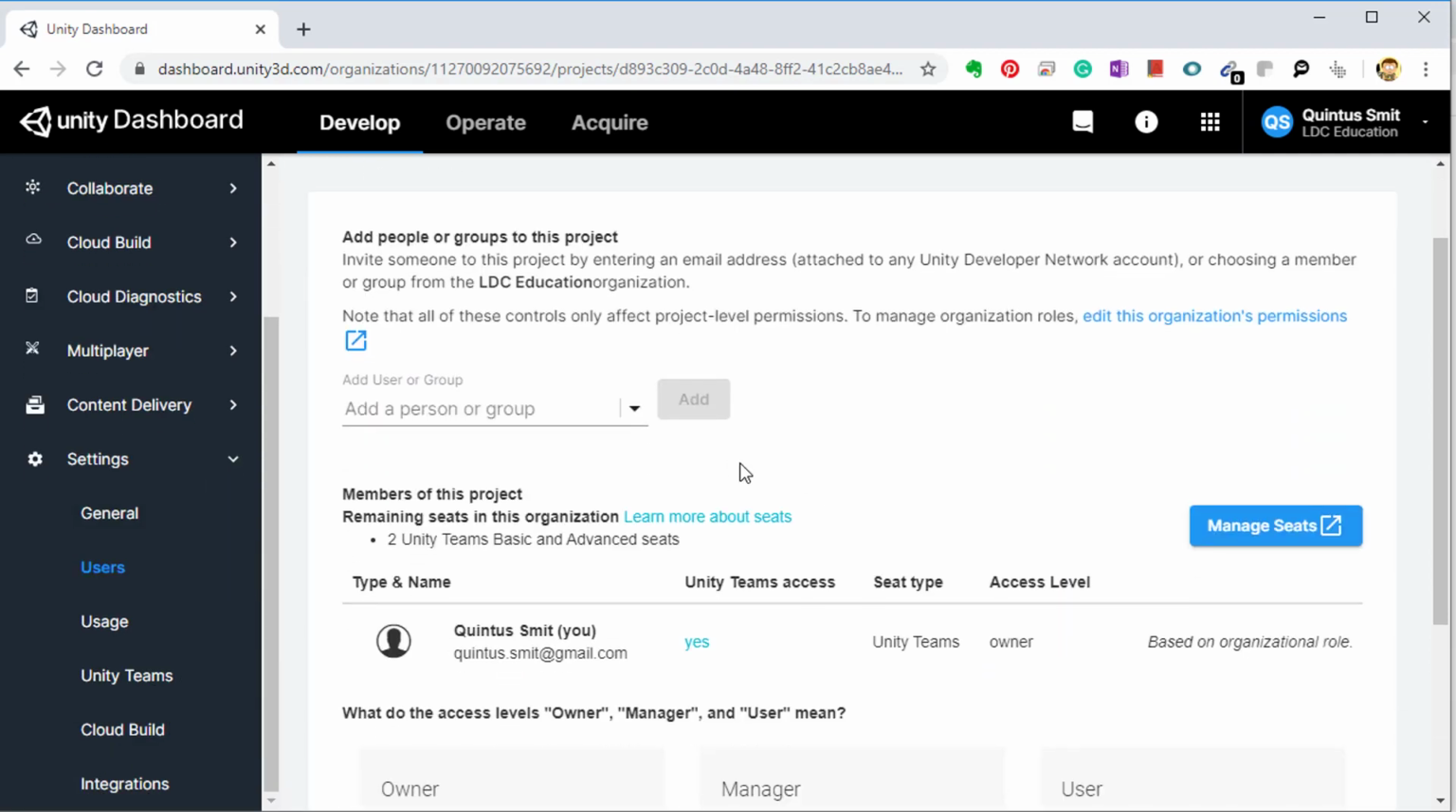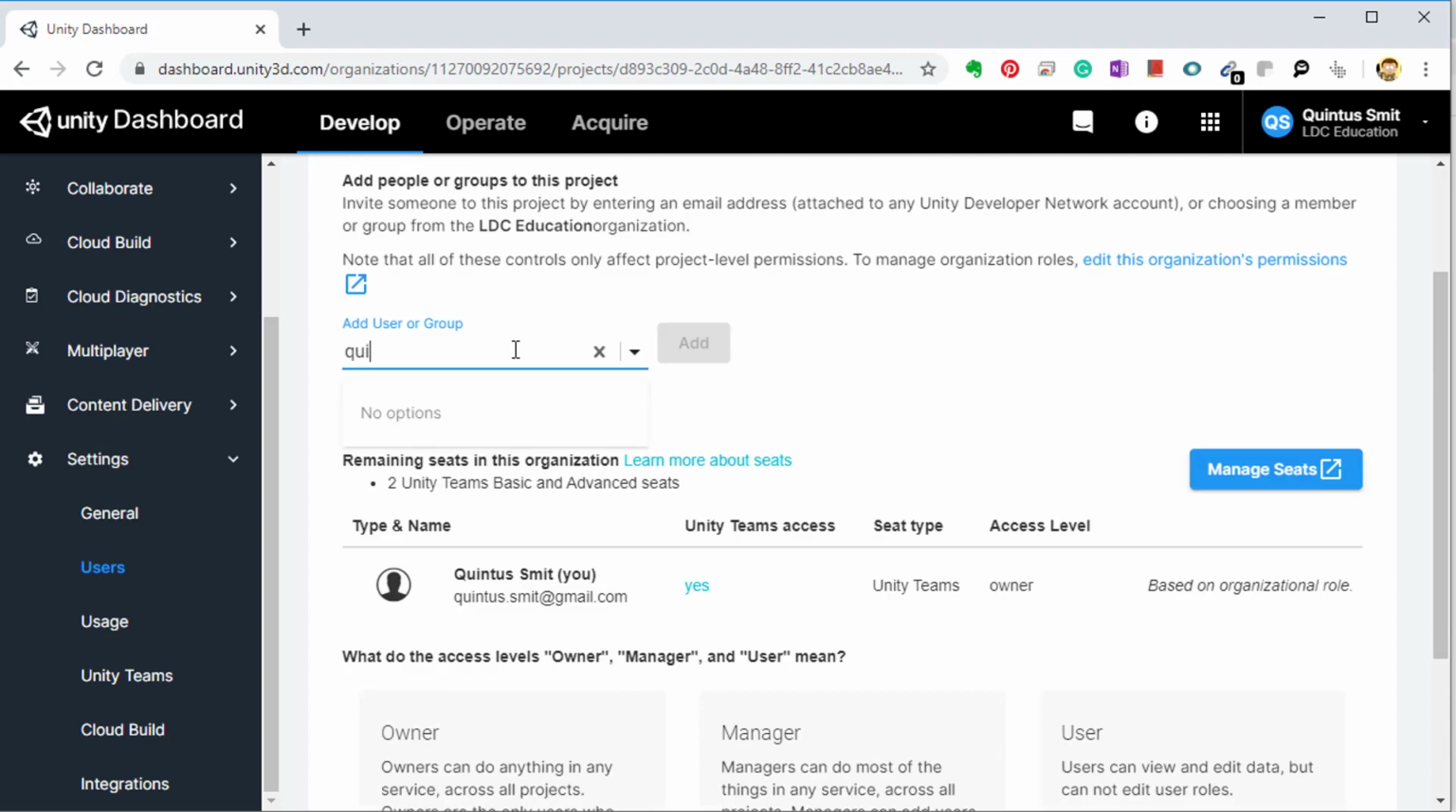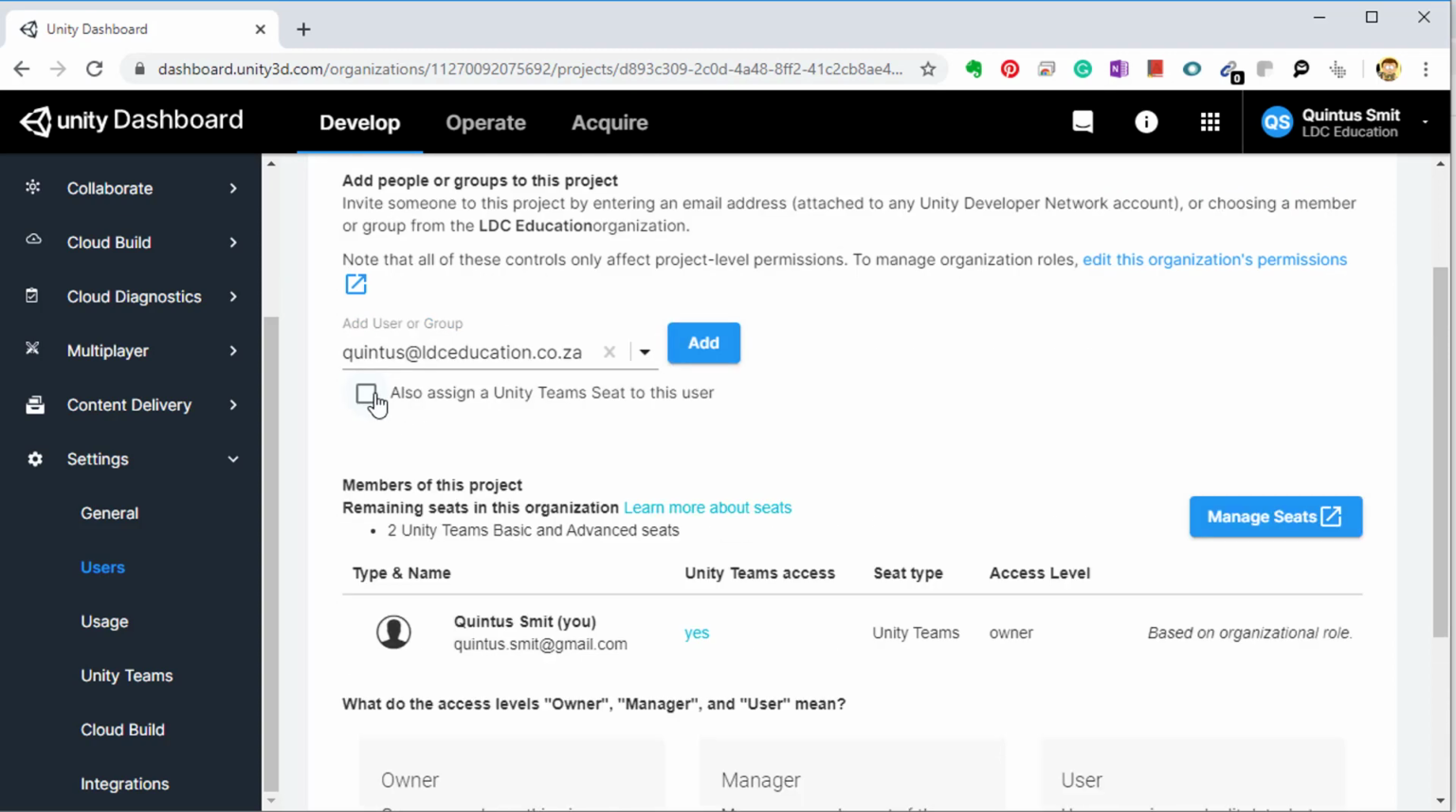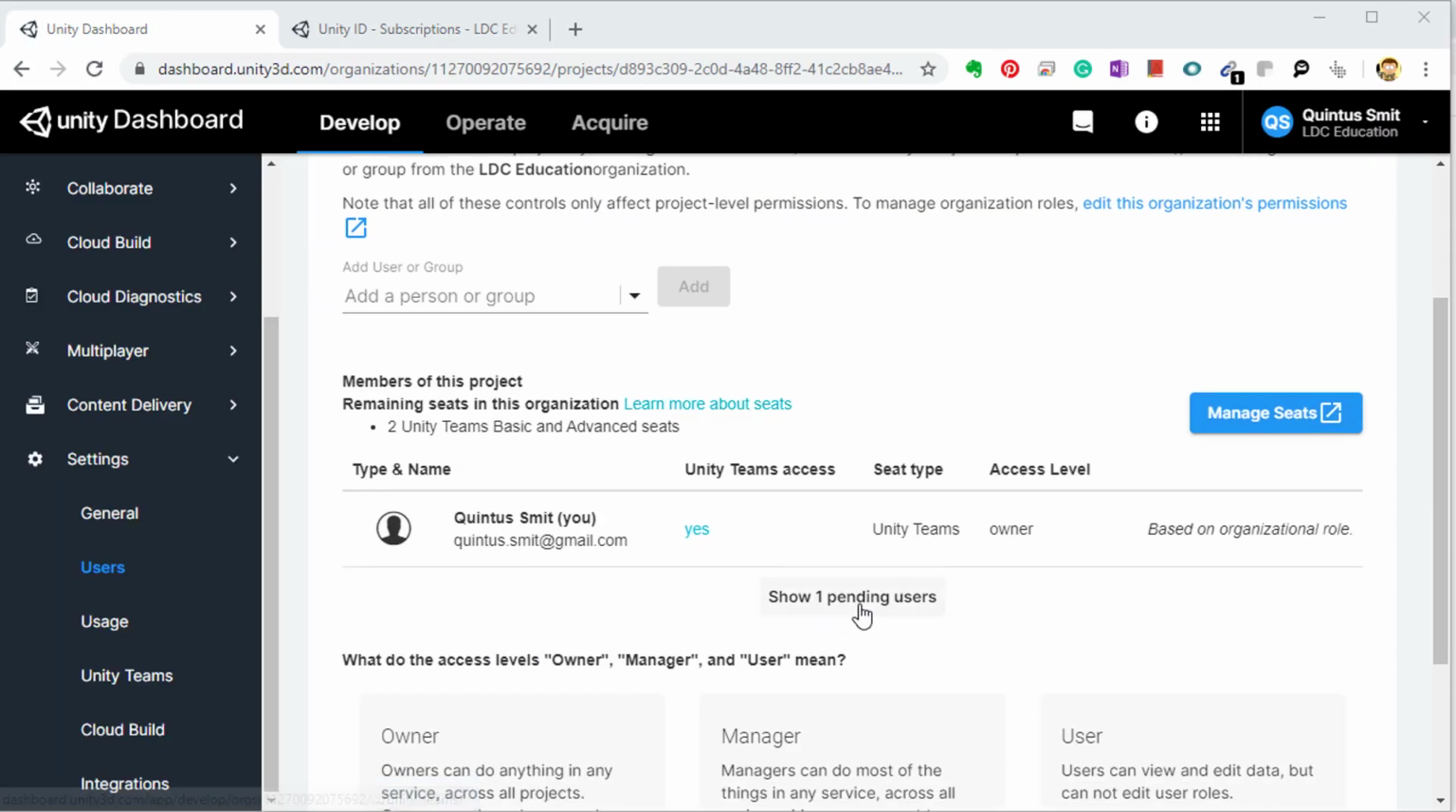And here you can add a new person to the project. So let's type in the email address of the person that we want to add, and then make sure that you untick the assign a team seat, because you don't necessarily want to do that. Click on add, and if you go to manage seats, you will see now that there's a pending user,